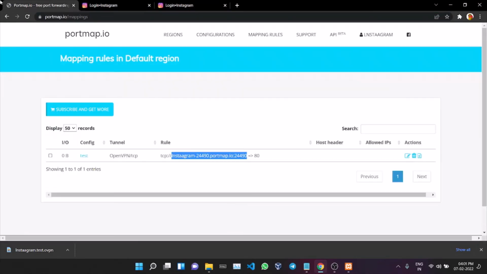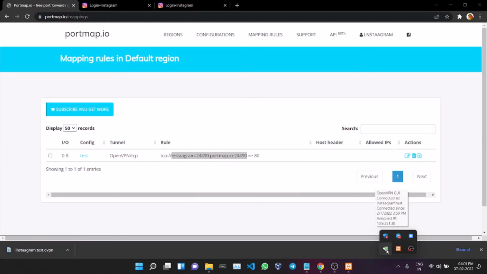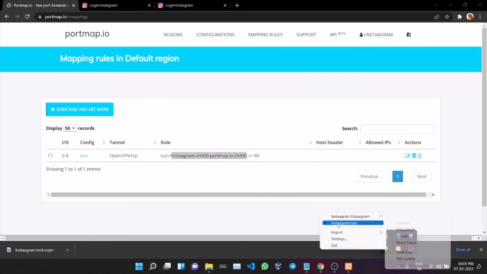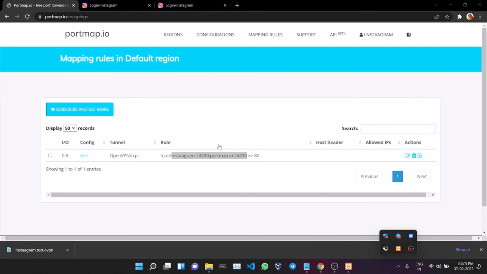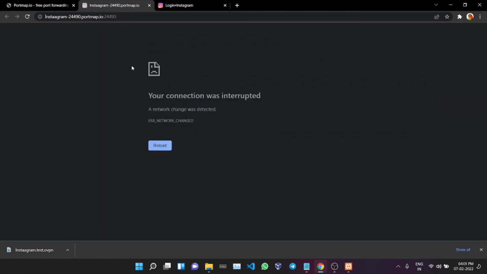So what we saw is we can use this URL anywhere, and it will remain constant. Even if I reboot this PC or close OpenVPN, the most that will happen is that when OpenVPN is not running or my PC is not running, this URL won't work. If I disconnect this and try to refresh it, it won't get any response, because it will not be able to communicate with my computer.